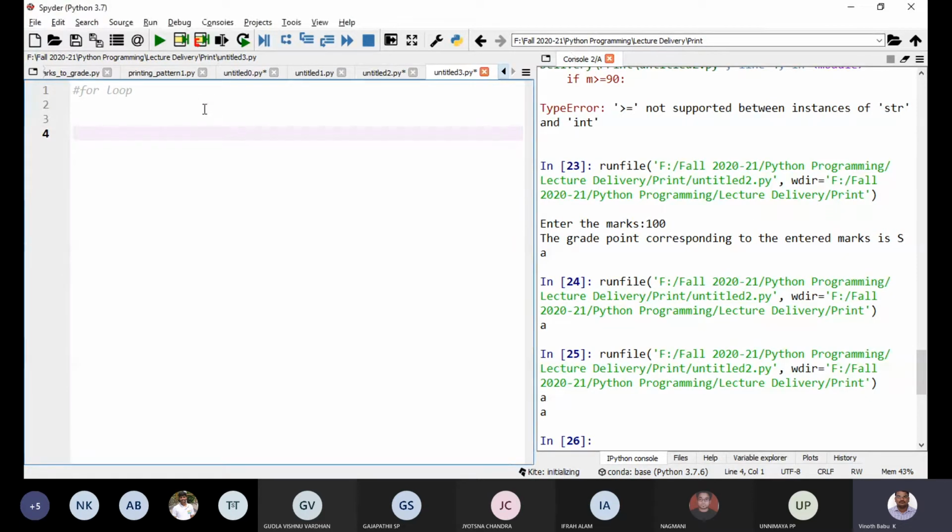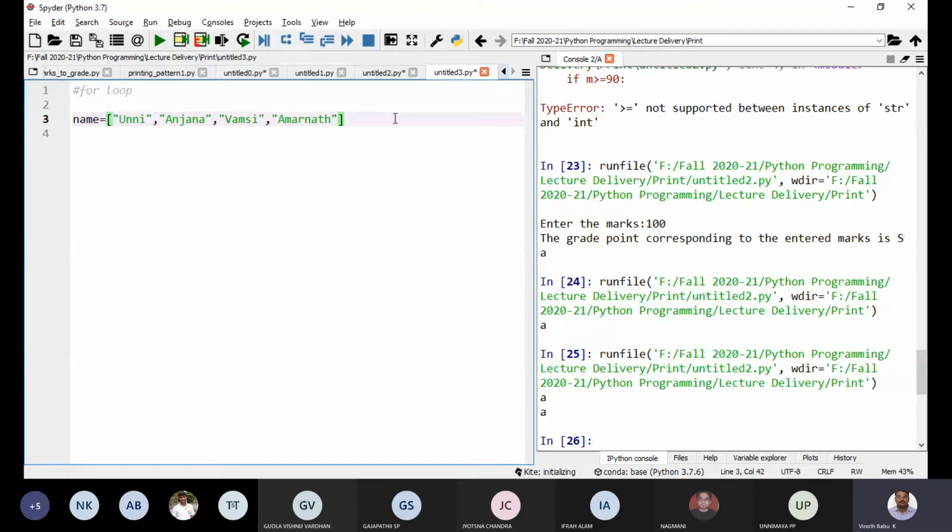So first we'll go for the for loop. Let me define a list, names, say for example, some student's names.